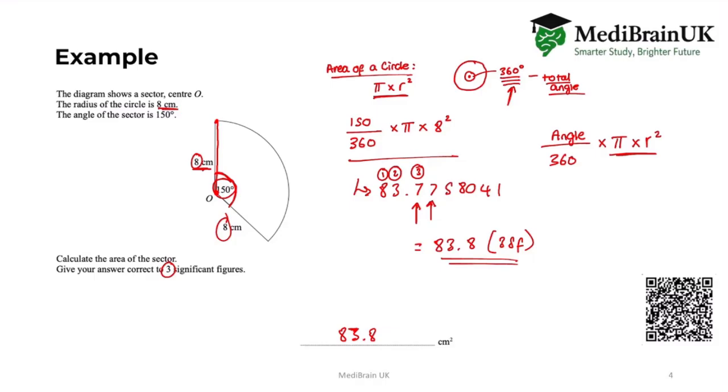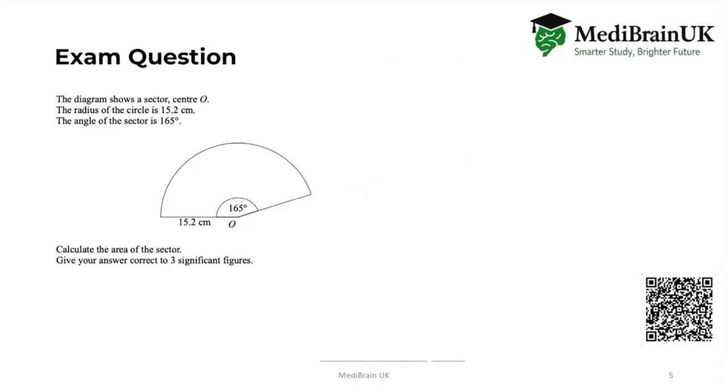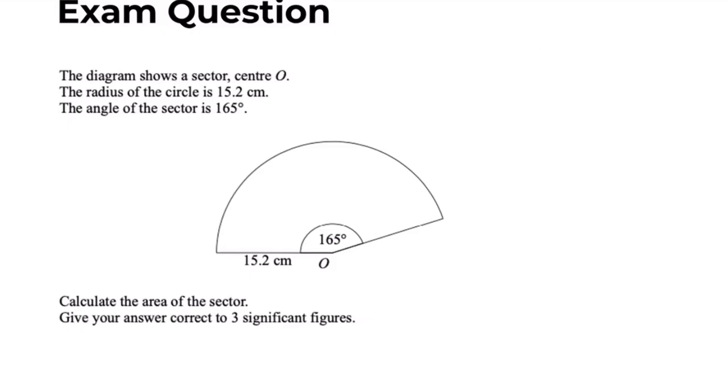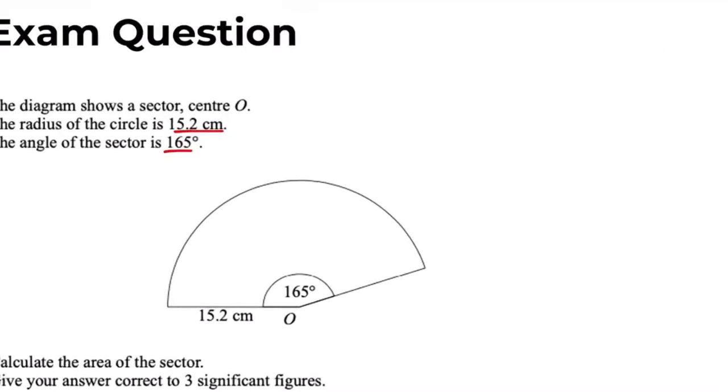Okay, we're going to go through the answers now. So first of all, this is a sector. It's part of the circle. And we are given the radius as 15.2, the angle as 165 degrees, and we need to calculate the area of the sector. So remember, when we're calculating the area of a sector,